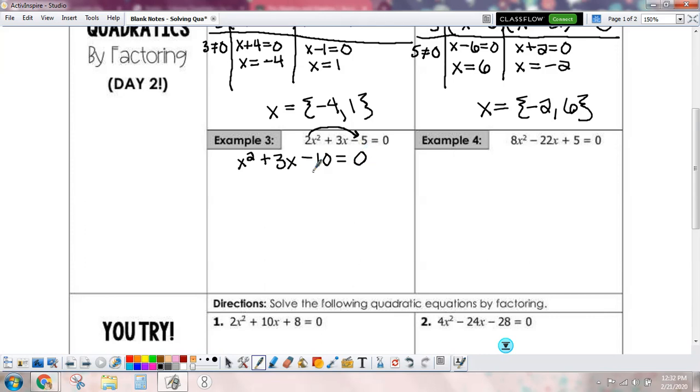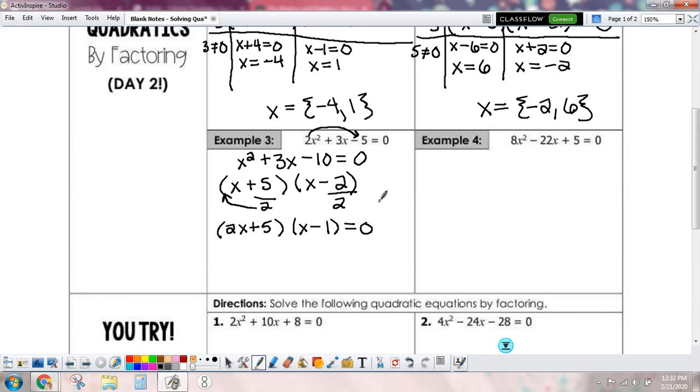And now I can factor this, and I know that I need to use 5 and 2, but a positive 5 and a negative 2 in order to get these numbers. So a positive 5, a negative 2. However, we're not done here because remember we slipped, so now we're going to have to go ahead and divide so we can slide. So divided by 2 because that's what we multiplied by. Remember, if we can't simplify it, it slides up. So now I have 2x plus 5, and negative 2 divided by 2 is negative 1,